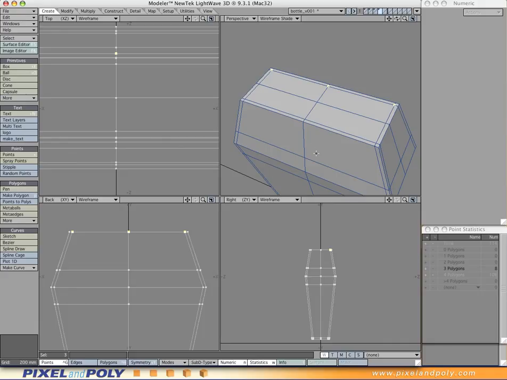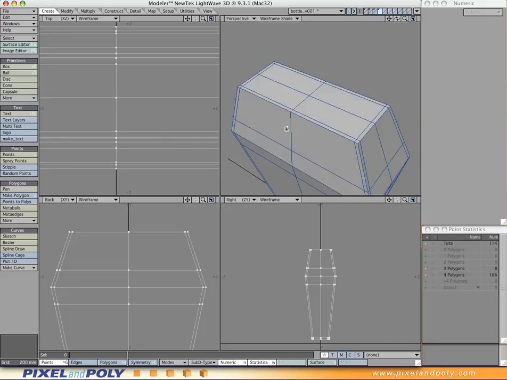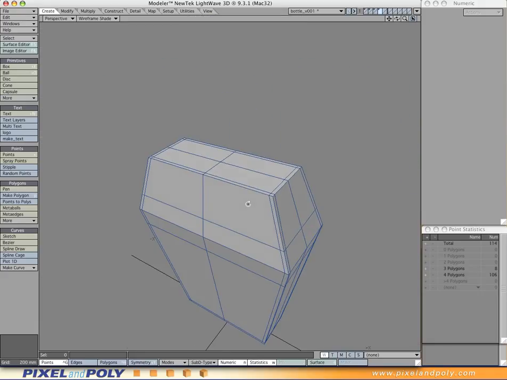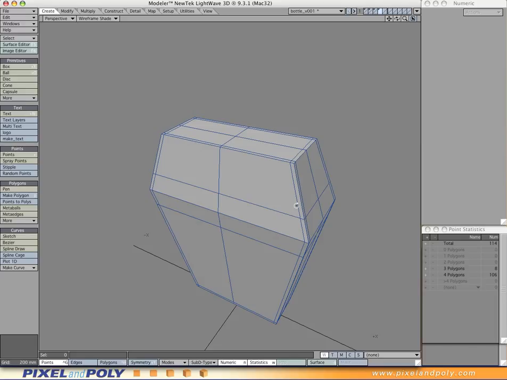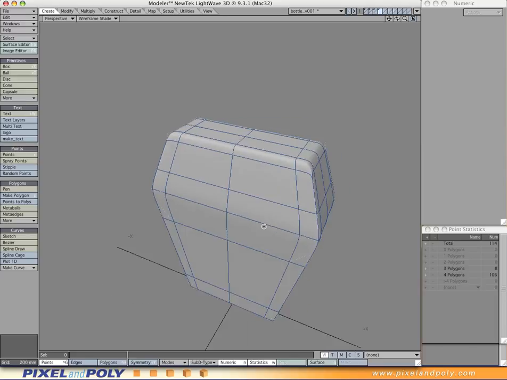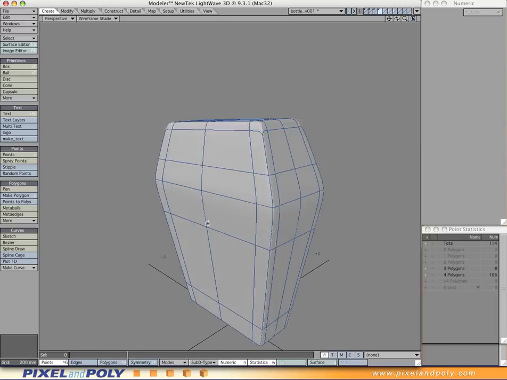Okay, just wanted to make sure everything was lined up correctly. Alright, so if we hit the tab key at this point, it will look kind of okay, except the